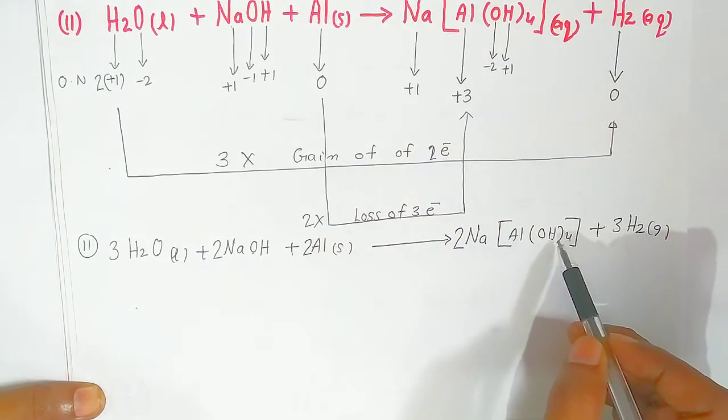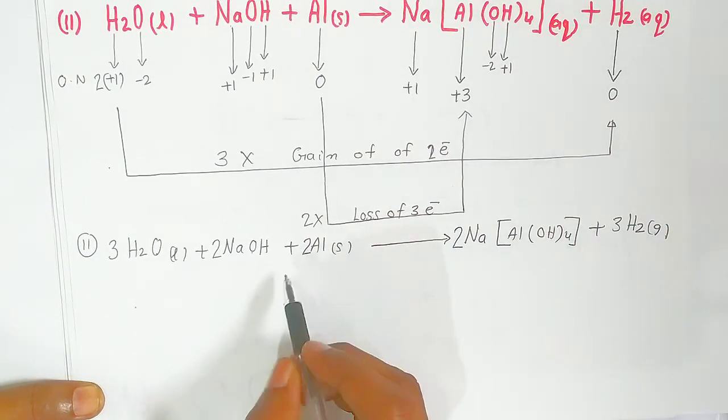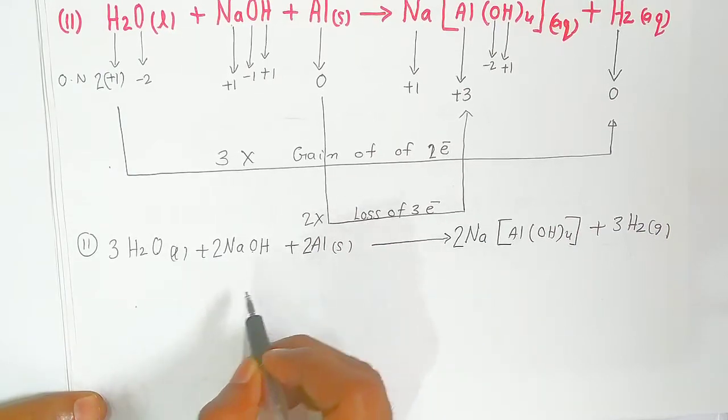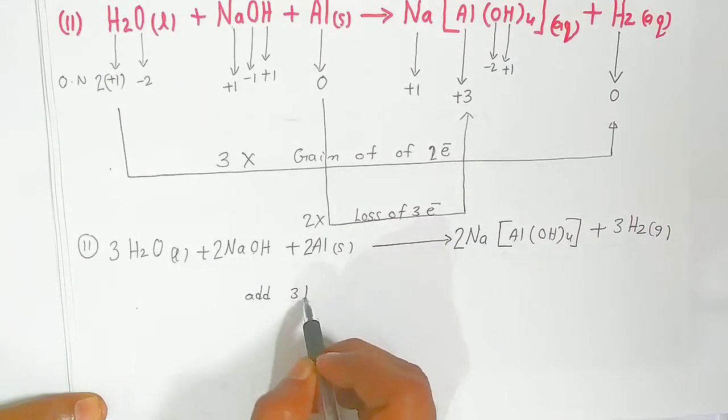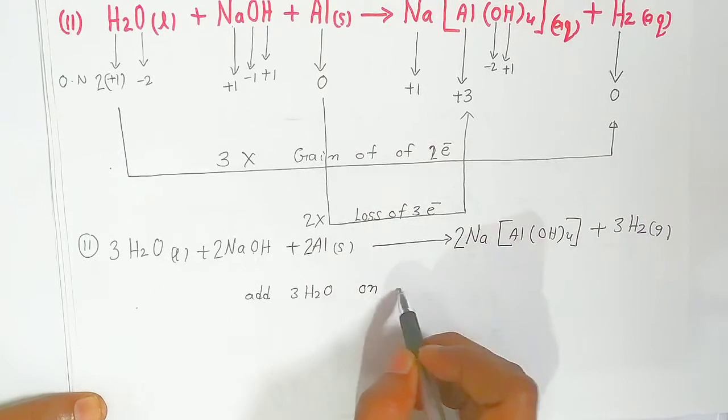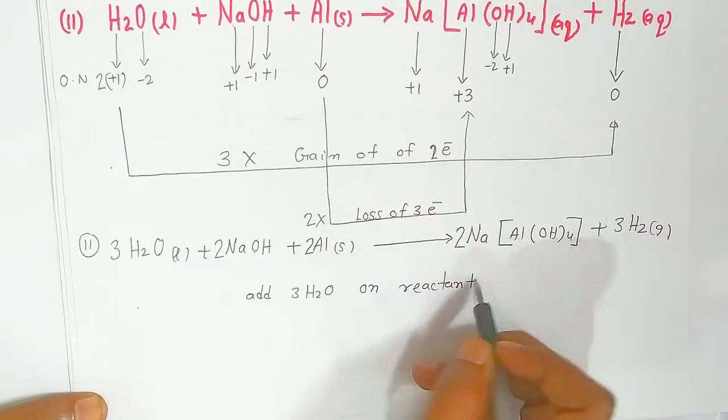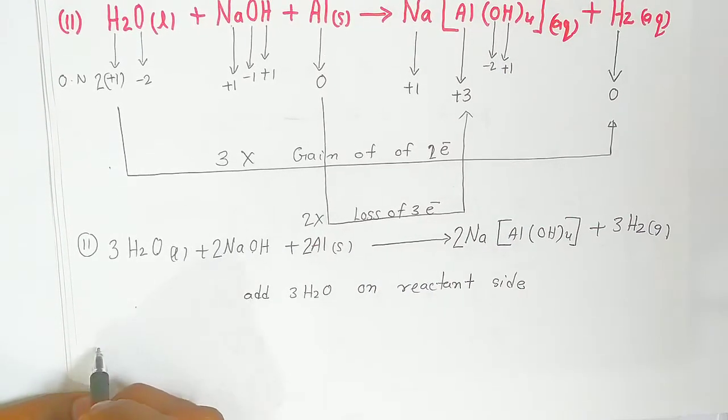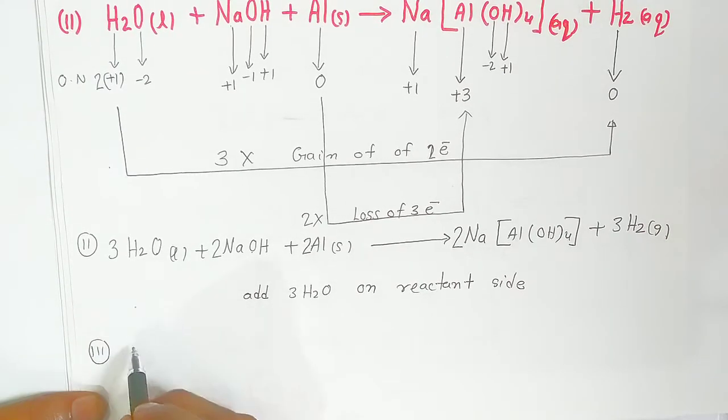When you see the oxygen on this side students, how much is this? 8 oxygen. Now here the oxygen is more, by 3 oxygens, so you have to add 3 water molecules on the reactant side. So students, you will get the balance in the third step only, it will become 6.